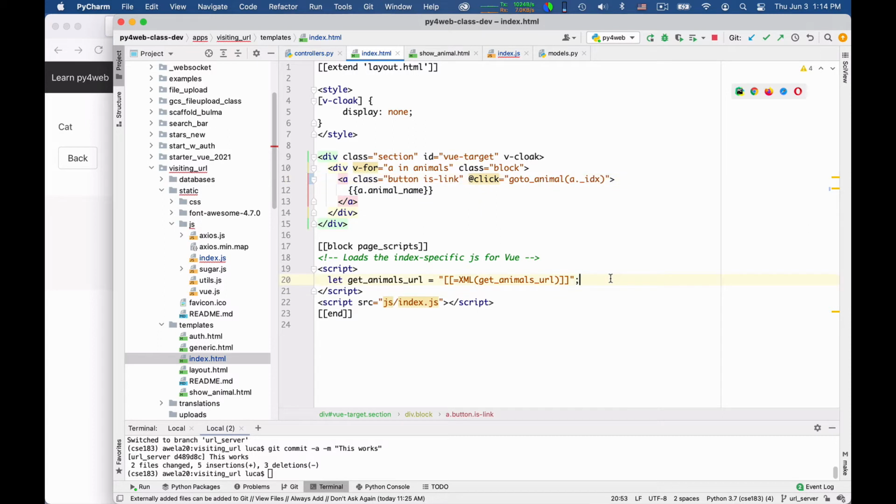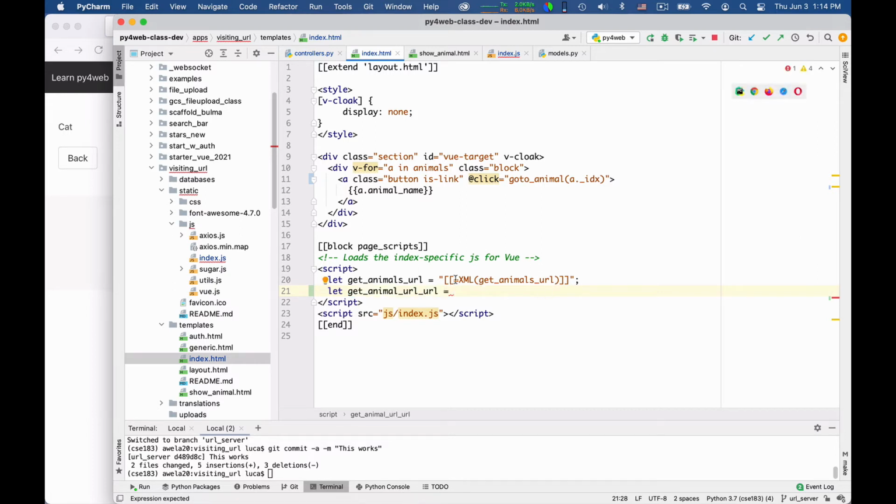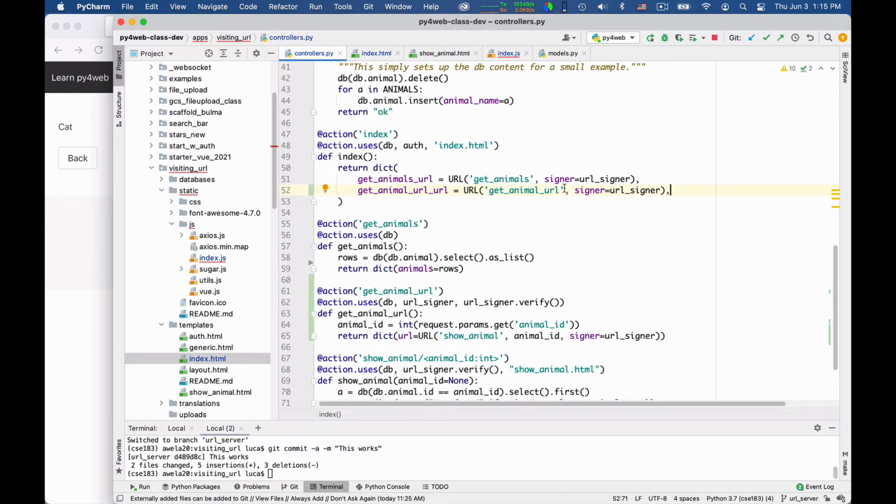Okay, so there is let getAnimalURL is equal to, let me see, XML getAnimalURL, because this is the URL used to get the animal URL, so it has this funny name. Let me just check that I hooked it up correctly to the controller. getAnimalURL, yes, it seems.